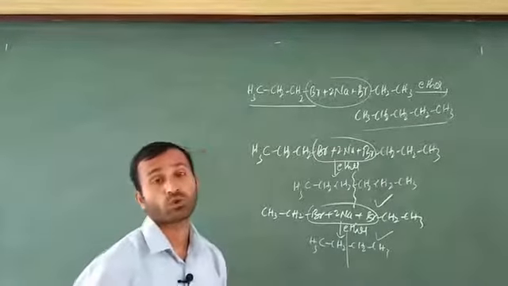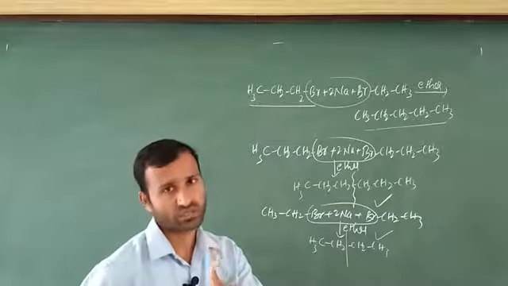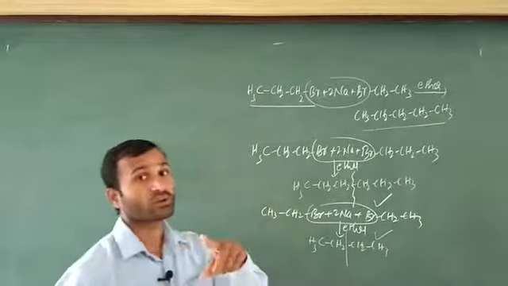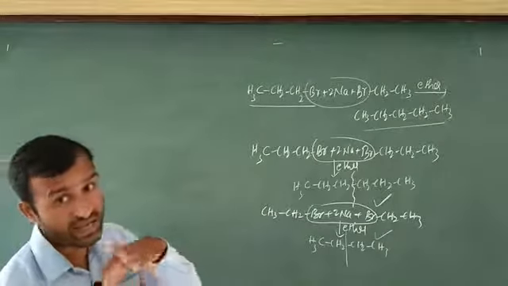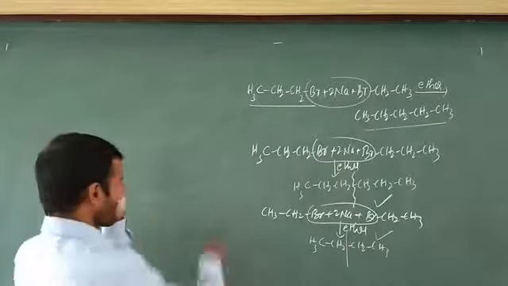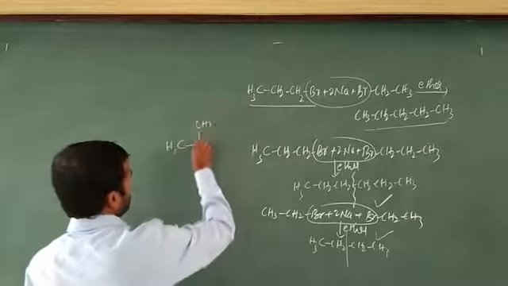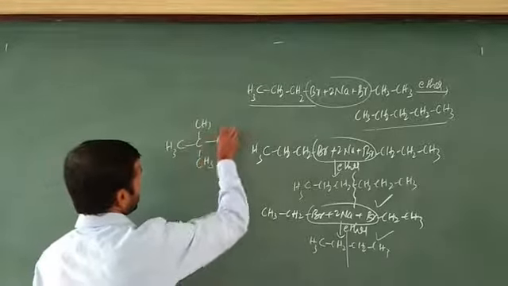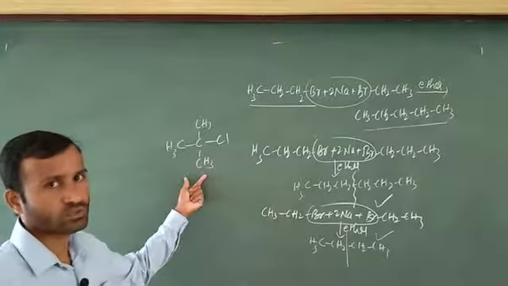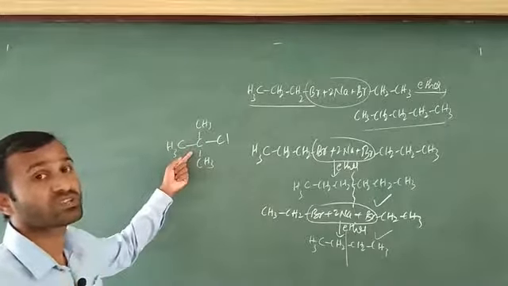Bear in mind one more point: in the Wurtz reaction, tertiary alkyl halides do not undergo the Wurtz reaction. Tertiary alkyl halide means what? You know very well about SN1, that is the example. Here there is (CH3)3C-Cl, and this will not undergo the Wurtz reaction. Next question, why does it not undergo the Wurtz reaction? Because it mostly undergoes an elimination reaction.